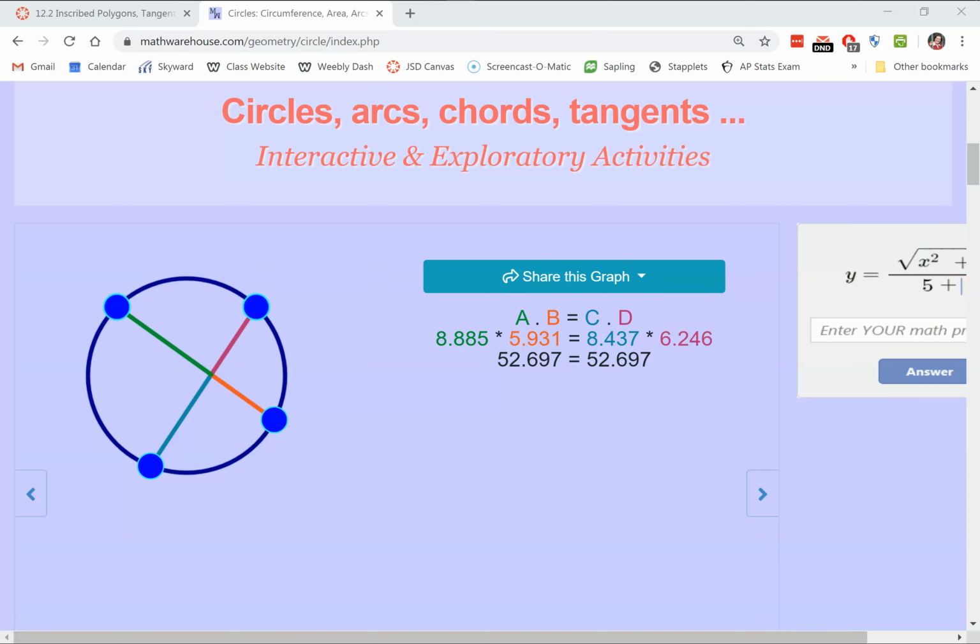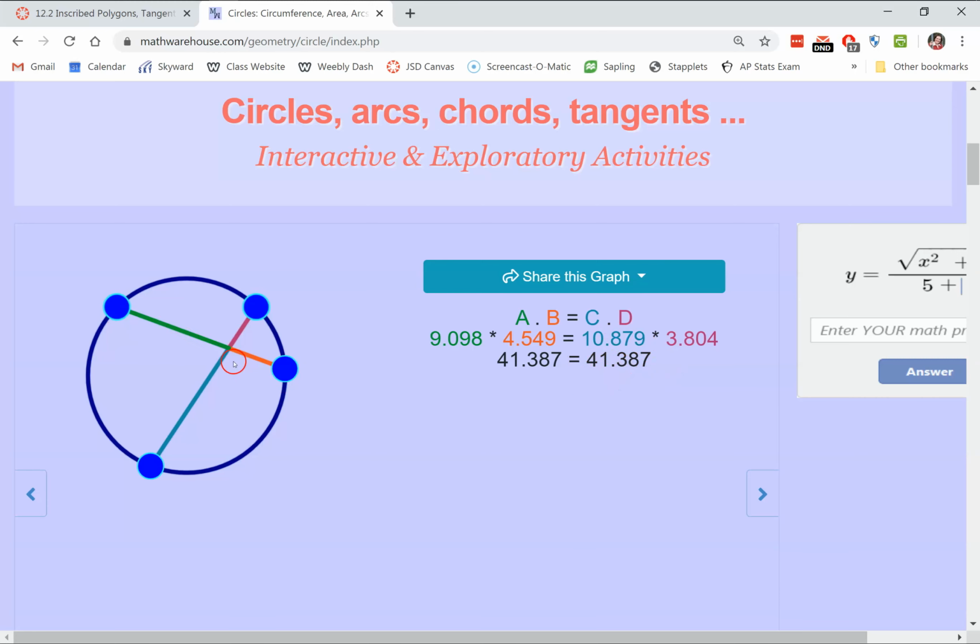I want to show you a visual form of this. This is showing you the green piece, they're calling A, times the red piece, they're calling B, equals the turquoise piece, they're calling C, times the purple piece, they're calling D. And you can see they're plugging in numbers. I've made it so the purple piece, this piece over here, is really small. Its length is only 3.8. And the turquoise piece right here is pretty long, it's 10.8. So those two pieces multiplied together are giving me